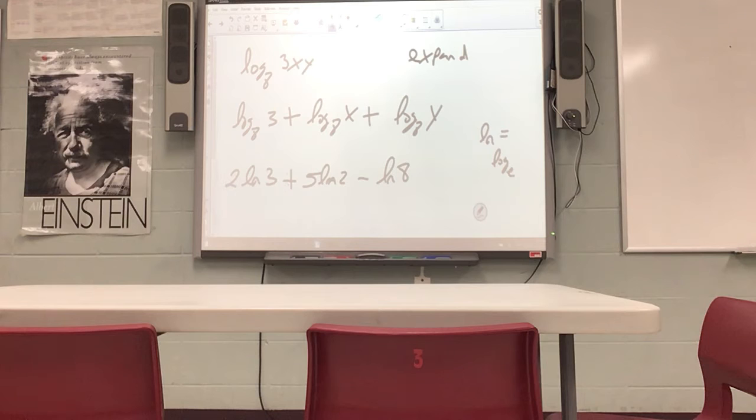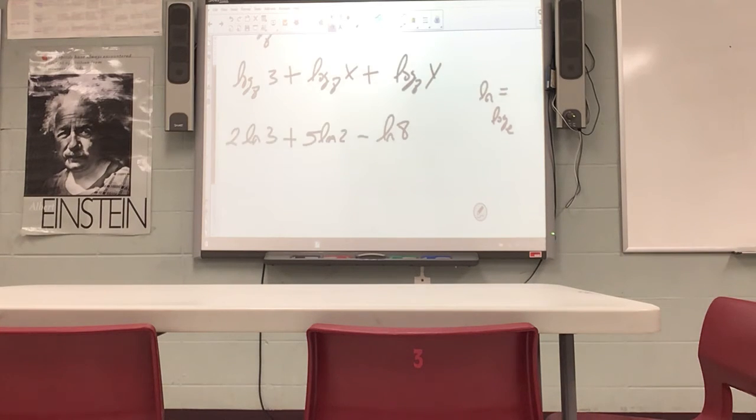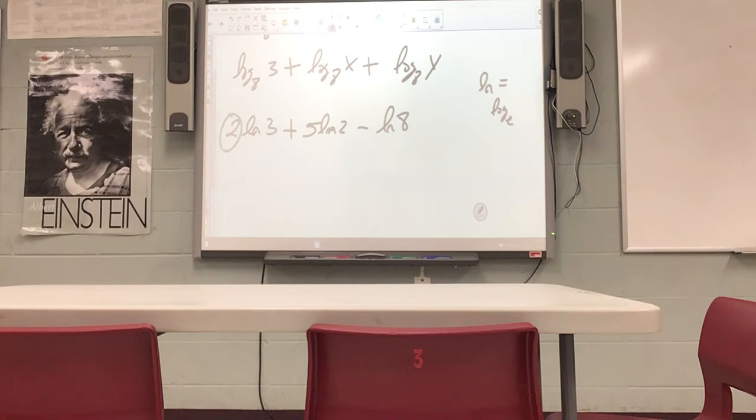so it's got addition, so I'm gonna use the product property. It's got subtraction, so I'm gonna use the quotient property. And then it's got big numbers in front, so I'm gonna use the power property. So all three of our properties are gonna happen here. So first thing I'm gonna do is my power property on both of these pieces. So I'm gonna have ln of 3 squared plus ln of 2 to the 5th